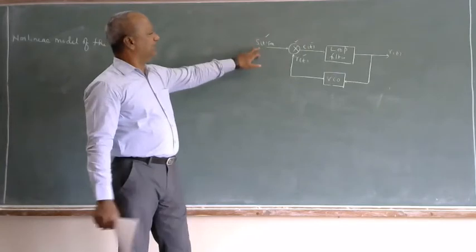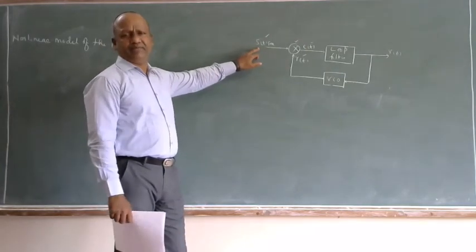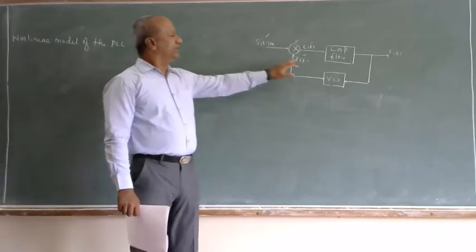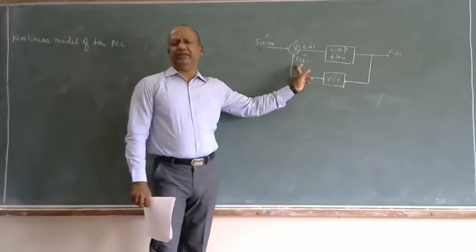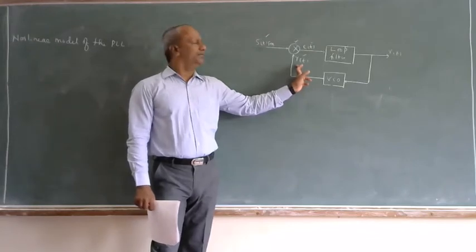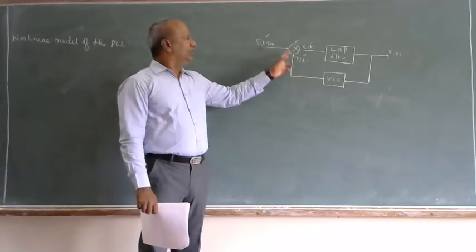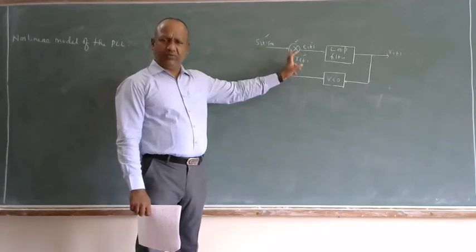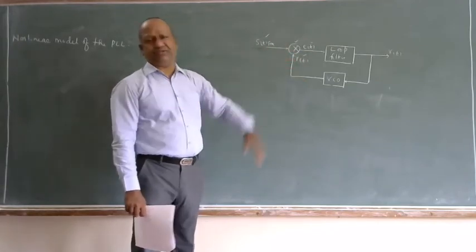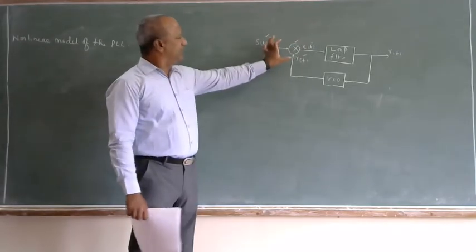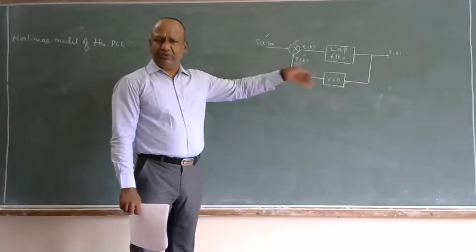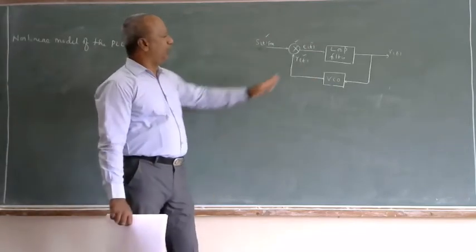So, what am I giving as input? The FM signal S of t, which is defined in equation 1 and 2, and R of t defined in equation 3, along with the term phi 2 of t in equation number 4. So, what operation am I doing here? What is the PLL doing, the first operation on my signal? A multiplication. It is multiplying S of t into R of t. So, you do that multiplication. What are you getting, E of t?